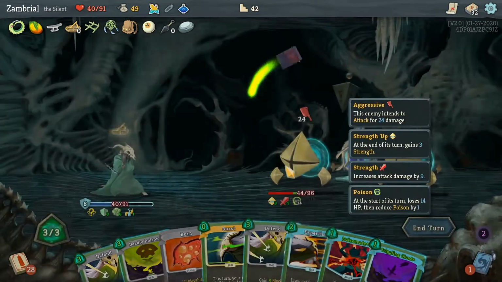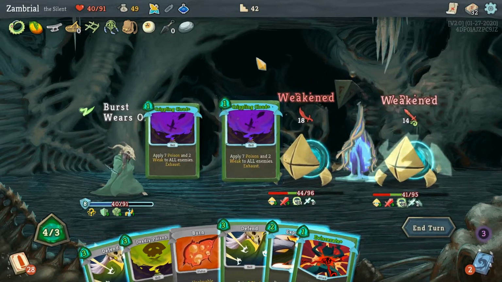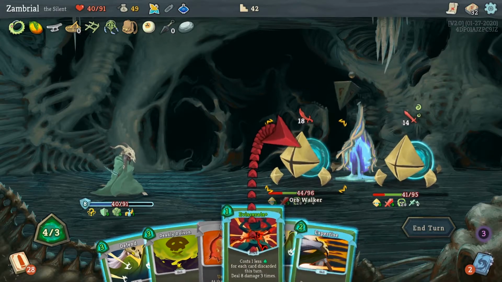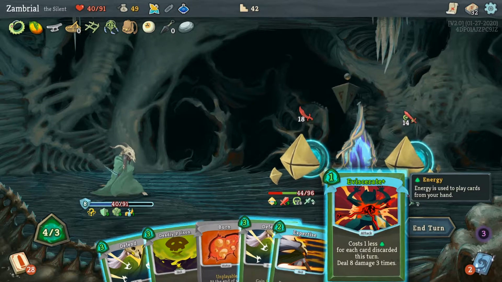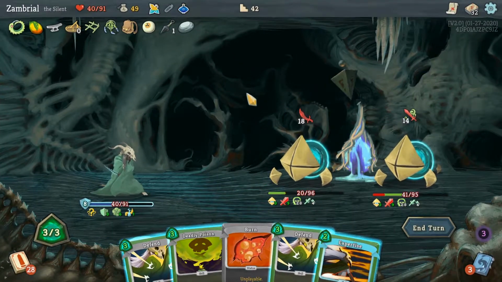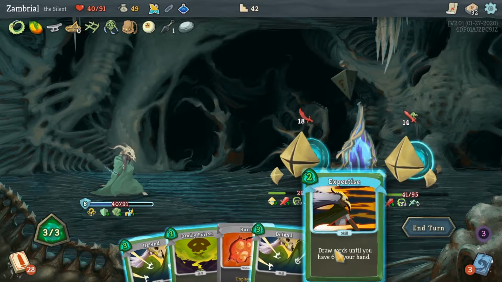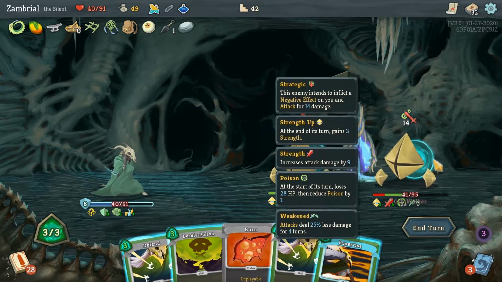Ooh, and we drew like nothing. Burst for free. Crippling Cloud twice is pretty good. We might be able to get one of them in lethal. And if we're gonna do that, it's gonna be this one that's doing 18. Got 8 block. If I play this, I can't play anything else. Oh wait, I've got 4 energy. Okay, that did put him in lethal for sure. And then... I mean, I don't really have much of an option. I could play Expertise, but then I risk not being able to block the other...